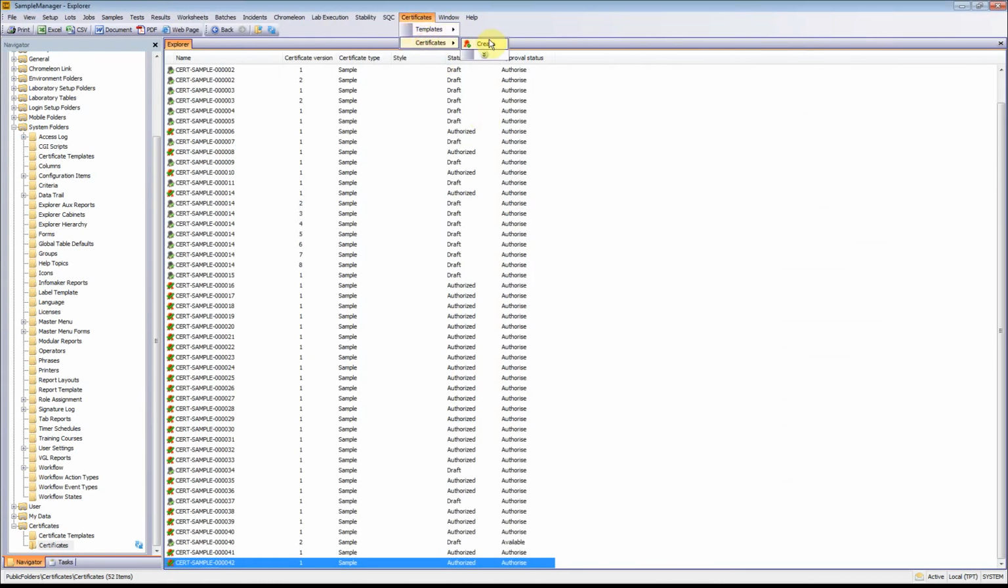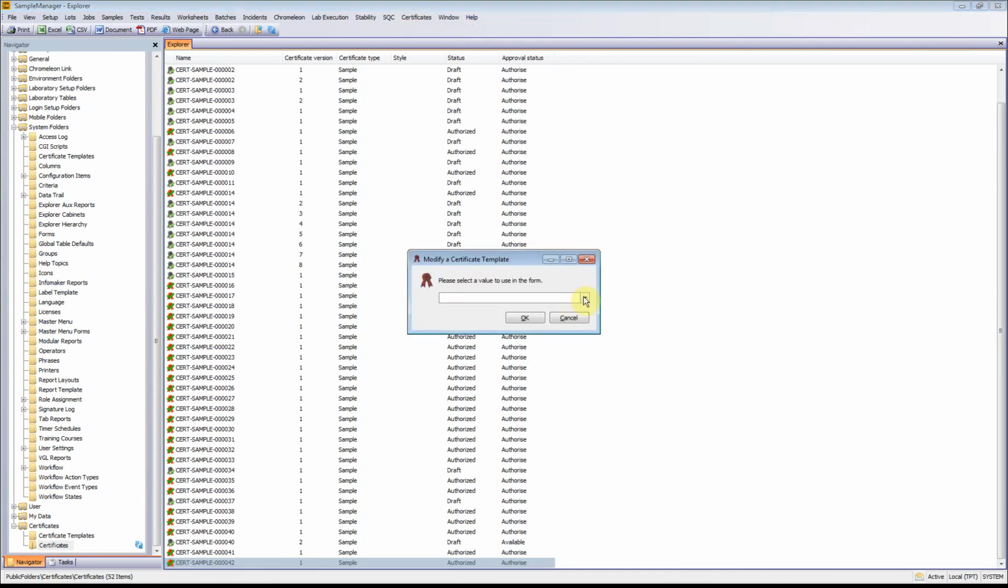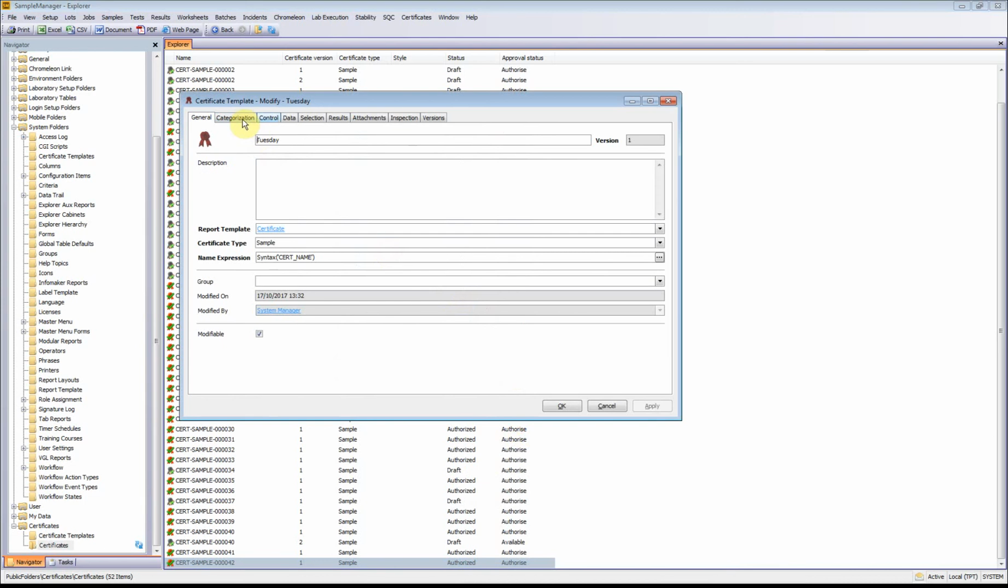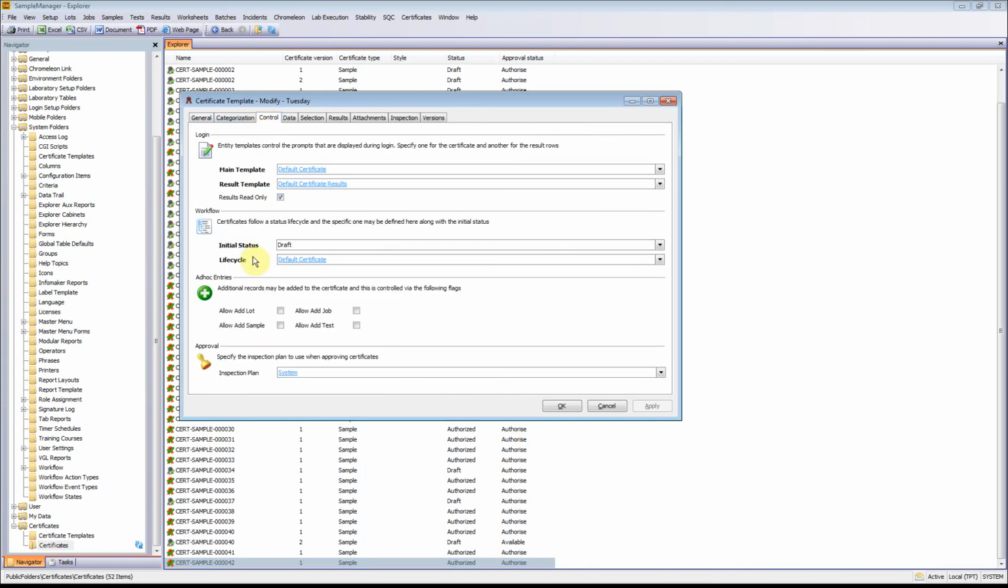So if I go and look at my certificate template, modify that one, pick my favorite certificate template, which we all know is Tuesday. Under control, we've got the options to say what happens with workflow. So first of all, you can define the initial status, and that can either be a draft or authorized. So you may not want an approval stage. You may just want to create them and print them, and that's why you have this option of setting the